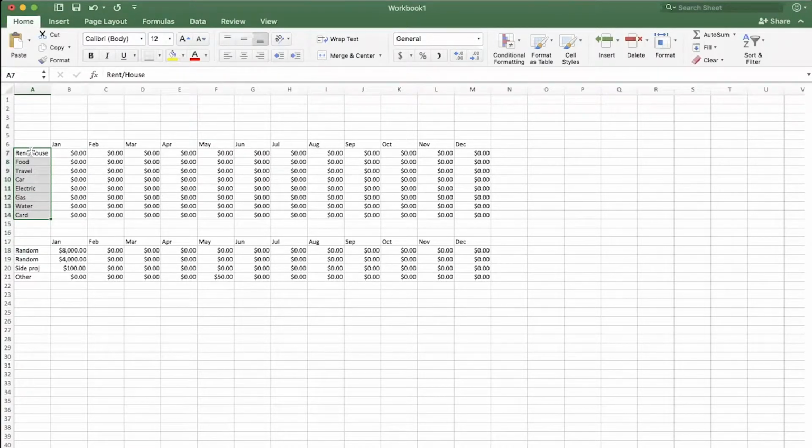This is a little bit different on a Mac, I believe, but try it out on a PC as well. If you hold down Command plus Shift, it'd probably be Control and Shift on a PC, that allows you to select down to the bottom of the content. Now notice it doesn't get my income, the random, because it only goes down to where the content stops, to where there's an empty cell, and then that's all you get.